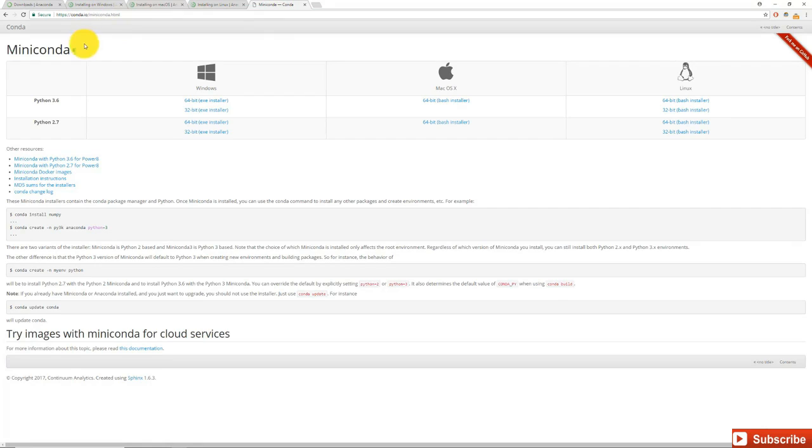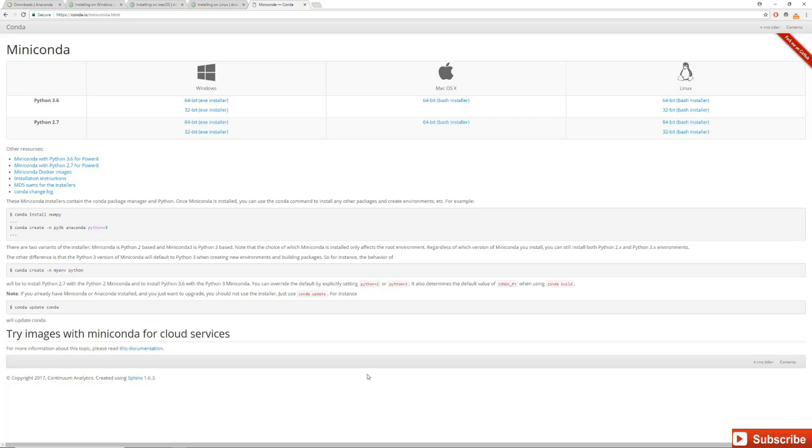conda.io/miniconda-html, or just Google search for miniconda, and it will take you to the miniconda links for the installers. It's basically the exact same thing, except it's a much smaller file, and it doesn't include a variety of the libraries, which you don't really need to worry about. So there's one for Windows, Mac OS, and Linux. If you're interested in a much smaller file download, you can use those installers as well. However, we do recommend that if you have the bandwidth and the space, that you just download the full Anaconda